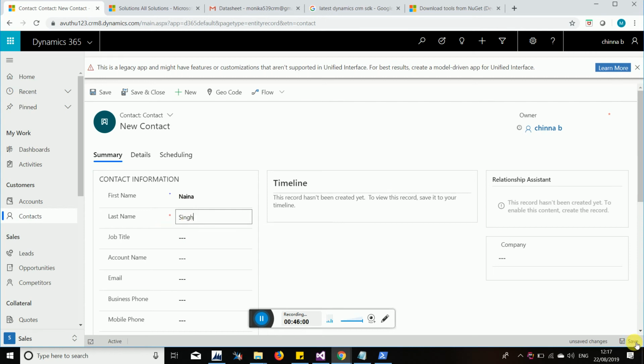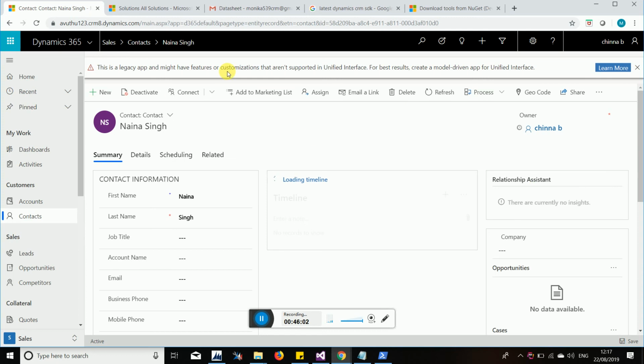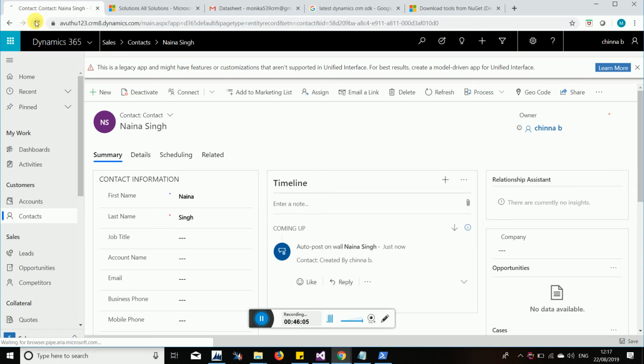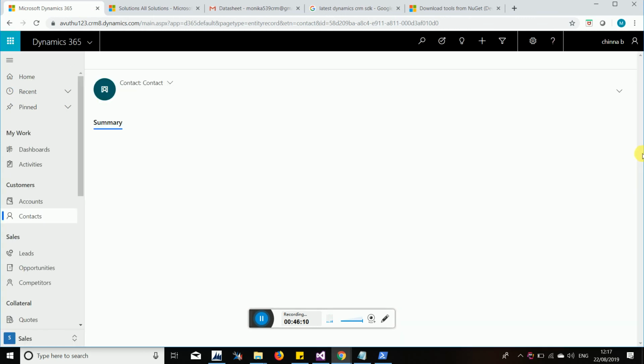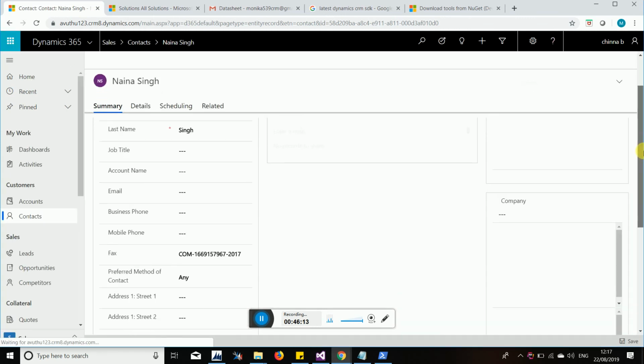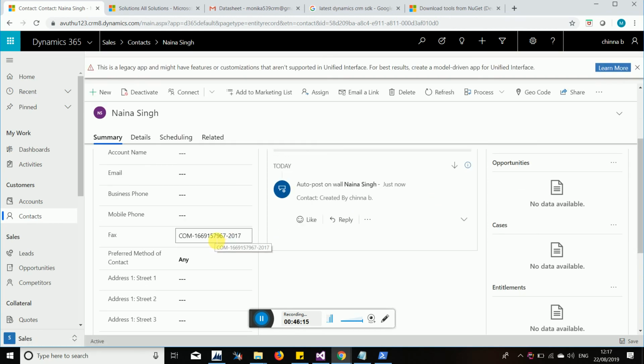Next, if you create a new record and save it, we need to wait for some time. Why are we waiting? Because it is asynchronous. Synchronous means it will reflect immediately. So see, this is a different number, right? That is what we are calling dynamic. Static means it will not change, and dynamic means it will change. Because of the dynamic feature, we have created a code; otherwise, we could do it in the workflow itself. Understood? That is how we create a custom workflow.